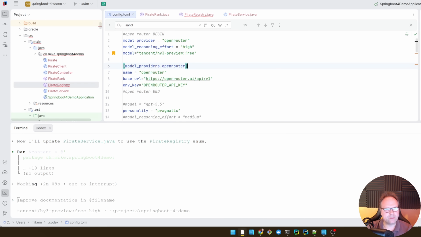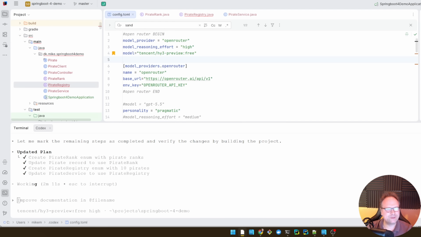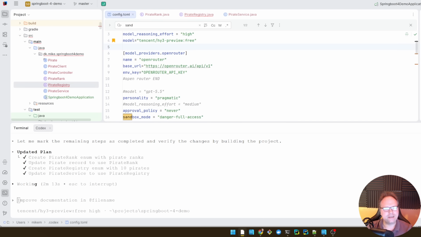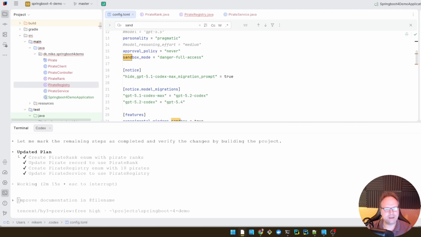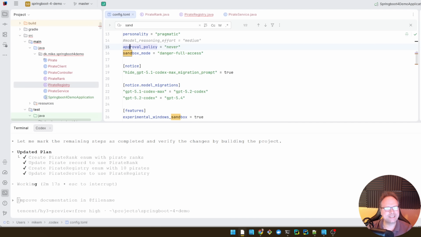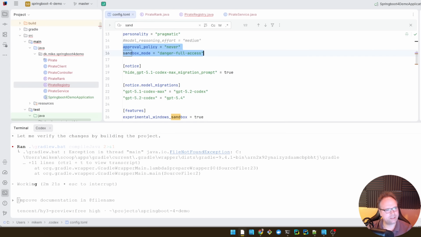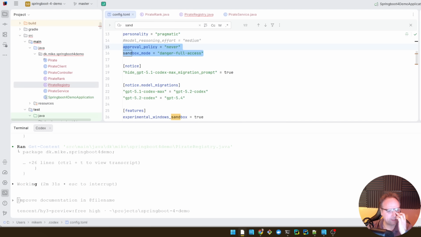Now, while I'm waiting, something that is actually inside your config.toml file. If you want to run just like I do, where it doesn't ask me for anything and is allowed to do whatever it wants to do, then you add approval policy never, and then you set sandbox mode to danger full access. It's not something that is recommended by anyone, but this is if you don't want